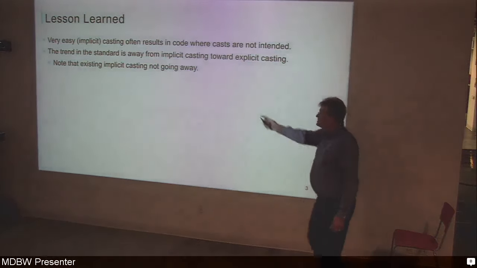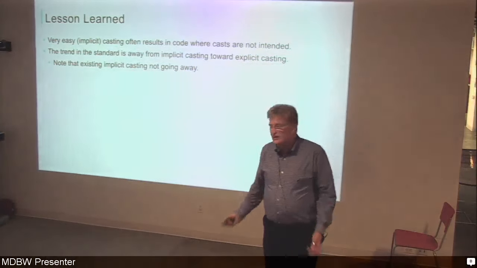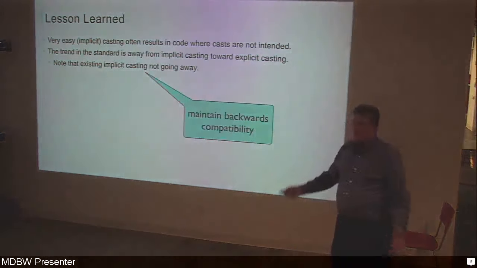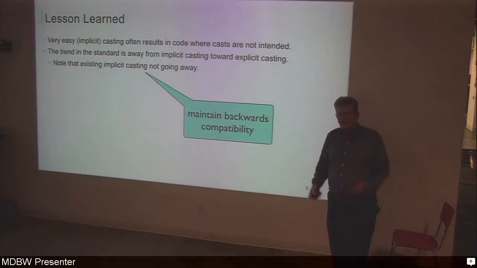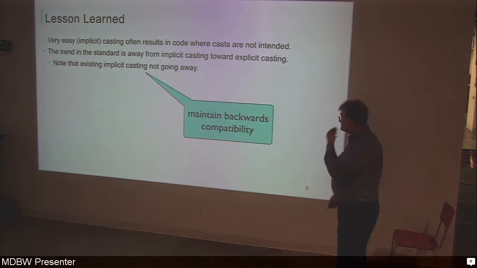Now, that doesn't mean that the existing implicit casts are going to go away, right? Because we aren't trying to break backward code. What we're trying to do is, when we introduce new features, we're trying to say they're not going to have implicit casts. Any casting about the new feature is going to be explicit. And so,